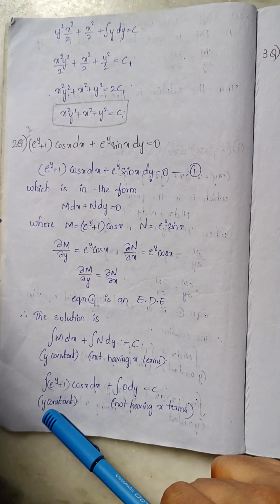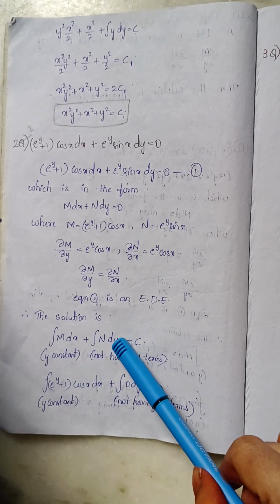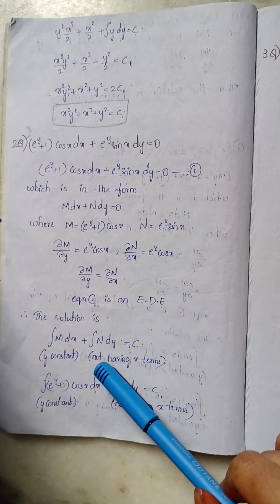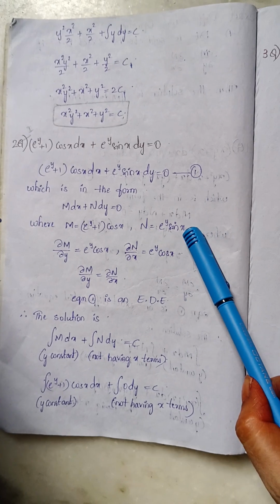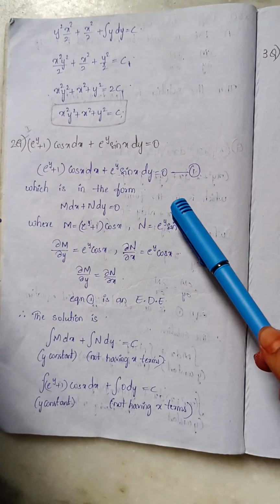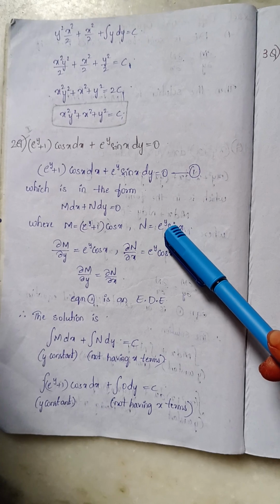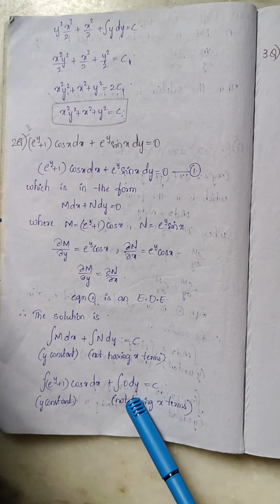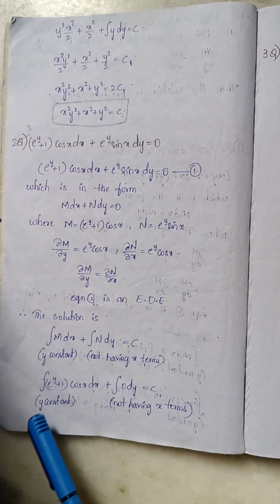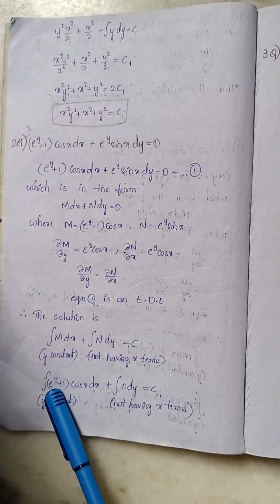Take M as it is, with y as constant, of course. In M there are no x-free terms, and here in N we have only one term, which contains x. So we should not take it, since there is no term which is not having x. That's why we can simply write 0 into dy here. Now y as constant means this is constant. Integration of constant